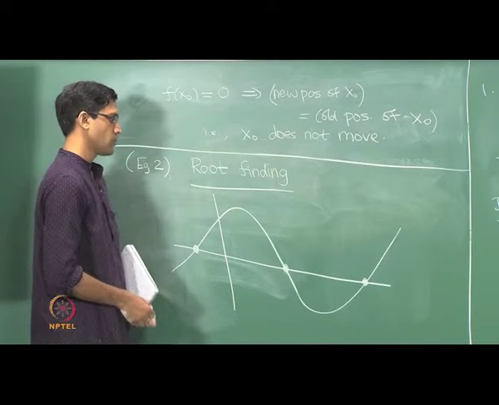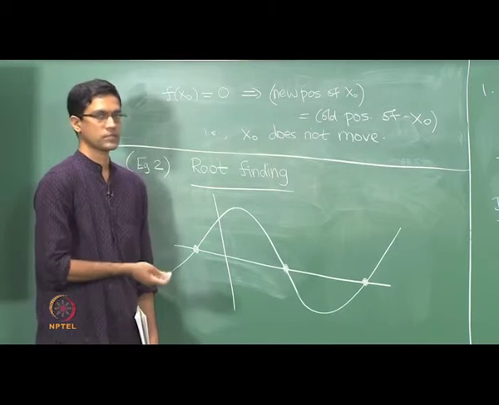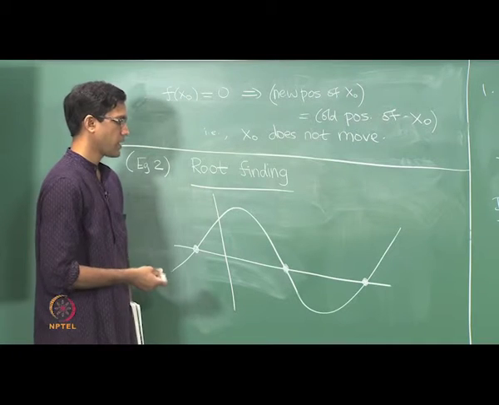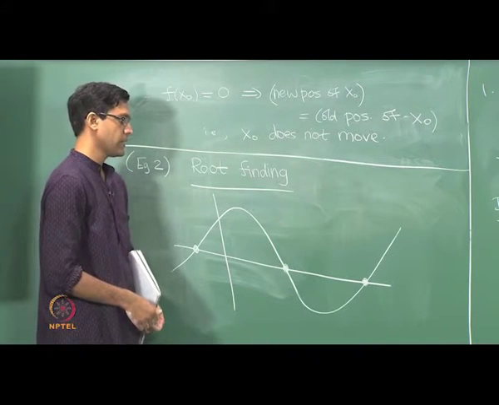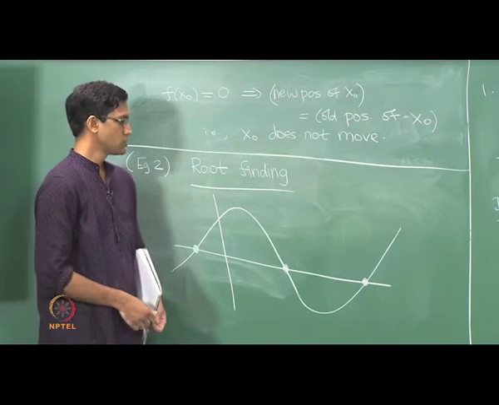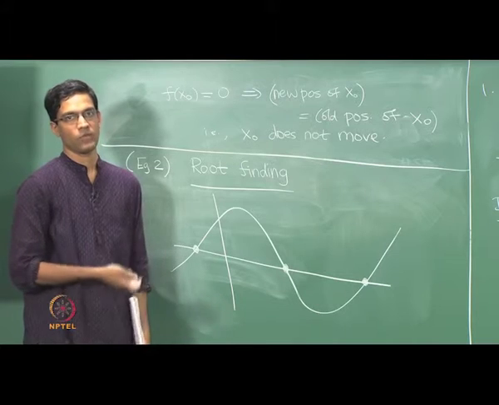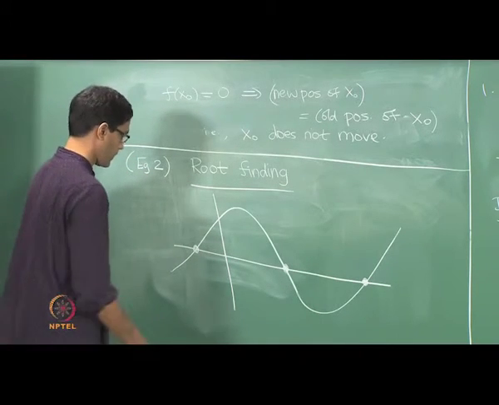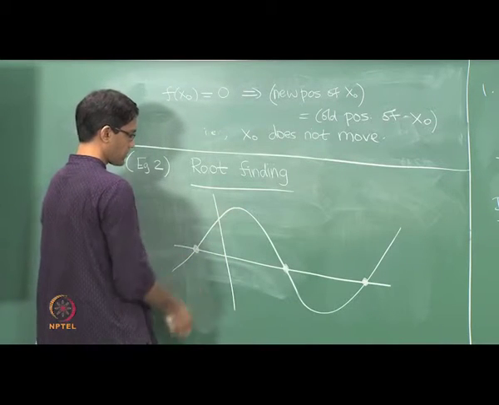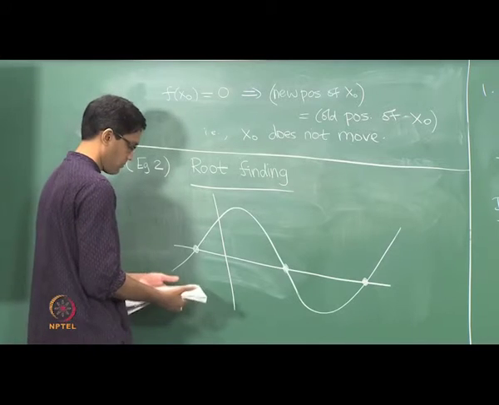Often given a somewhat complicated function, it may not actually be possible to explicitly solve for the roots. Solving for roots is easy if you are doing quadratic equations and so on, but more generally finding a root exactly may not really be feasible. So what one wants at least is some sort of approximate root. We want some approximations to the roots. And here is an algorithm for finding roots which more or less uses the intermediate value property.